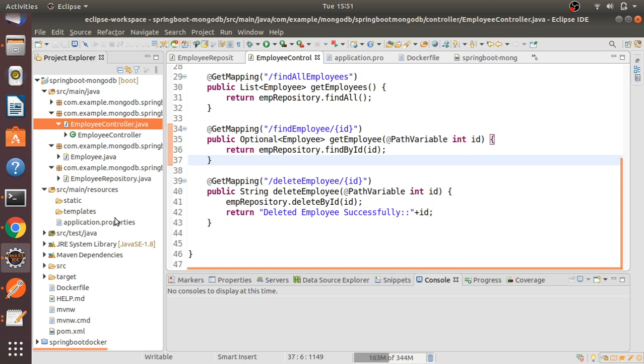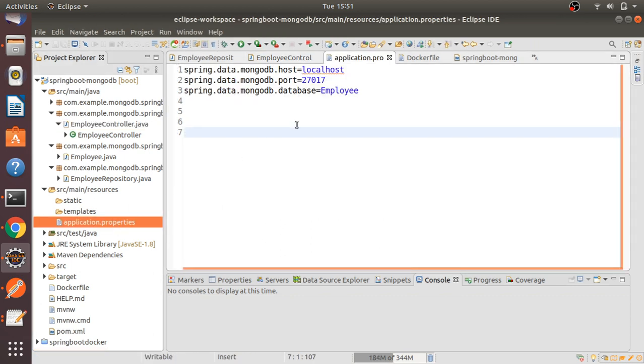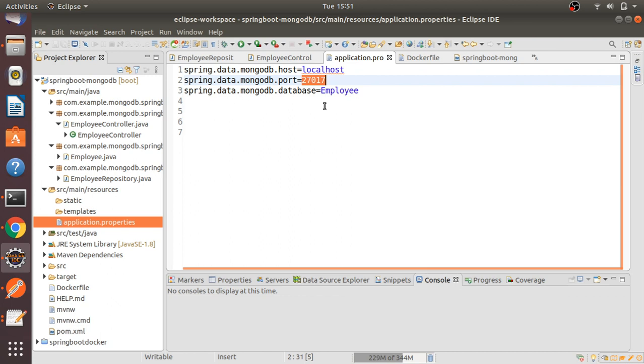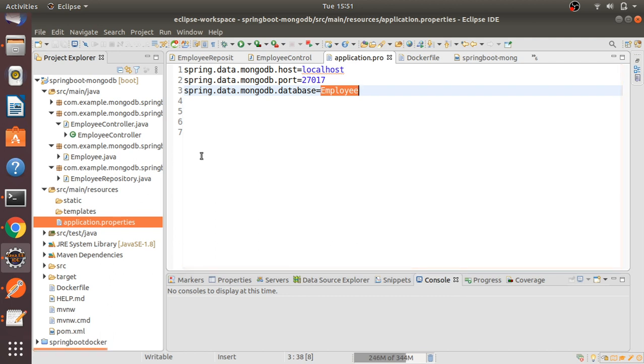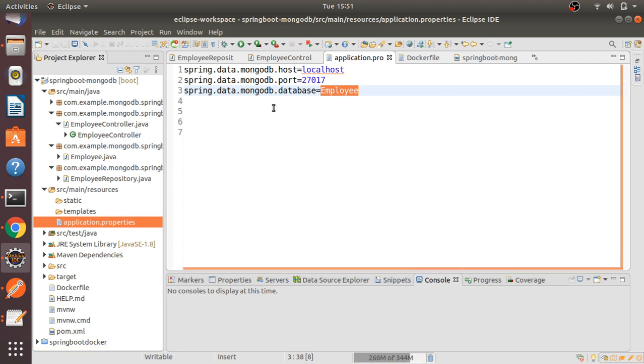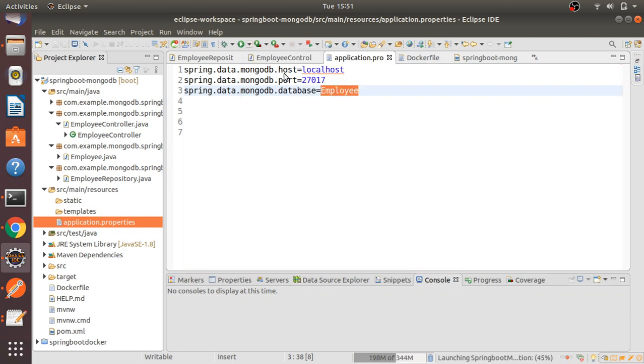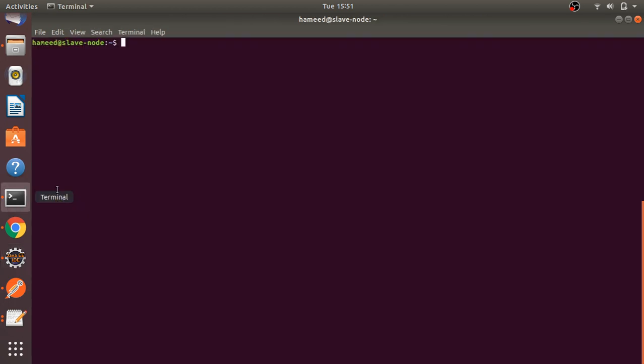After that, in the properties file, you have to add MongoDB properties. So spring.data.mongodb.host is localhost, I'm going to use this localhost, and this port is 27017. This is the default port, and I'm going to use the employee database. Once you have added this in application.properties, you have to start the Spring Boot application. In the meantime, I'm going to check